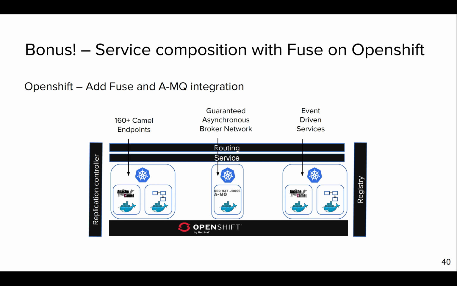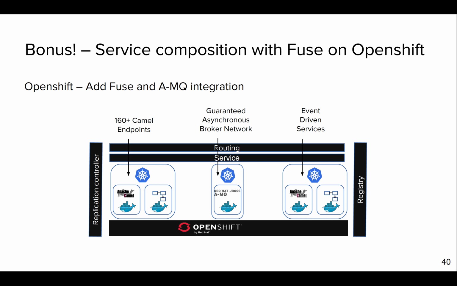Now, apart from that, there might be certain services you may want to club together and compose. So using an integration technology like JBoss Fuse will help you, saying that, hey, service A and service B need to be together, one needs to be called after the other, and so on and so forth. I do activity 1 in service A, and activity 2 in service B, and activity 3 in service C, and they need to be called sequentially, or there needs to be some transformation between B and C. All of these things, composition of routing and all those things, can be done by using JBoss Fuse, which provides